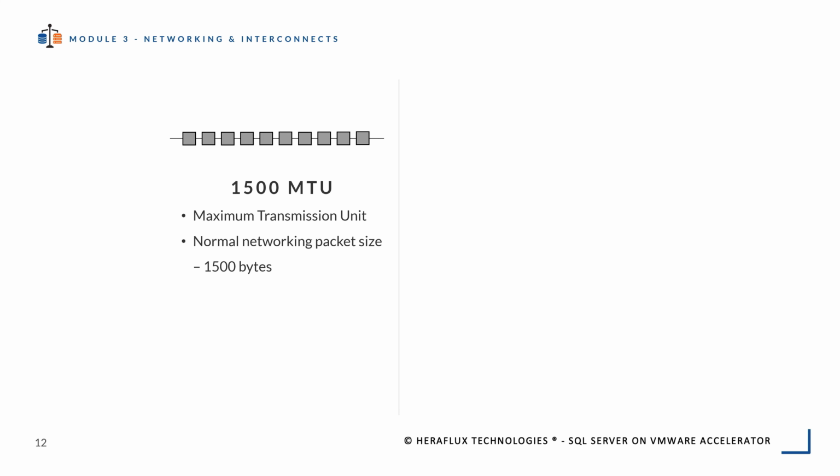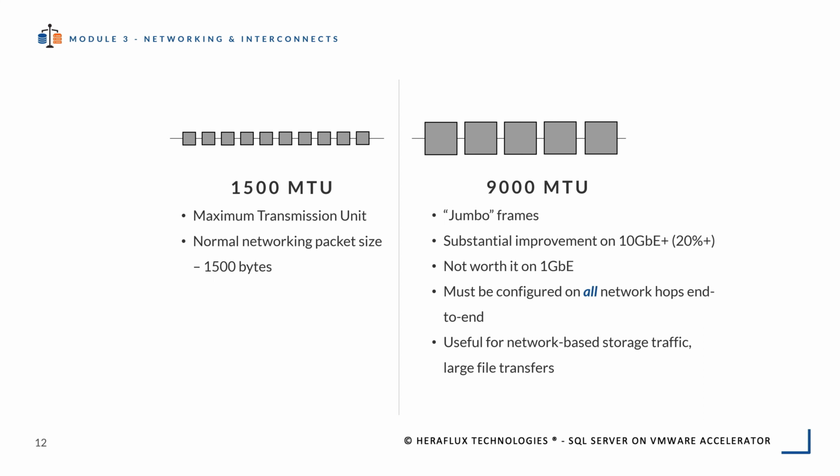More recently, an option in modern switches was introduced to increase the MTU. The concept of a jumbo frame is a payload that is greater than 1500 bytes. The industry is standard on a 9000 MTU payload and calls them jumbo frames. On a 1 gigabit network, you're not going to see any real improvements, so don't worry about enabling this there. However, on a 10 gig or above network, if your network or storage demand is very significant, you should investigate enabling jumbo frames to get greater peak throughput potential. On average, I can see above a 20% peak performance gain or more on network throughput with jumbo frames enabled